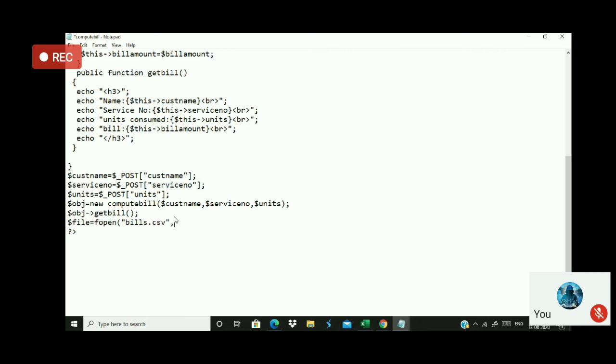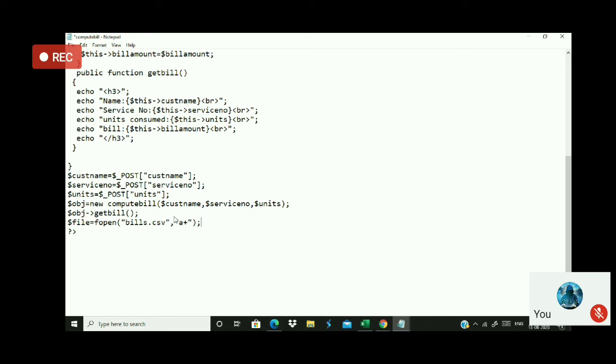Okay, Mayappan, why do I have to open in append mode? Because if I have 2-3 contents over there, the previous content will get erased if I open in write mode. Say for example, the first bill I generated for Mayappan will be stored in this file. Once again, if I open the same file in write mode and generate a bill for Naresh, Mayappan's bill will get deleted. So only the last bill generated would be stored in the file. I want all the bills to be stored, so I have to open this file in append mode. I open the file in A plus mode or A mode. A plus means you can read as well as write.